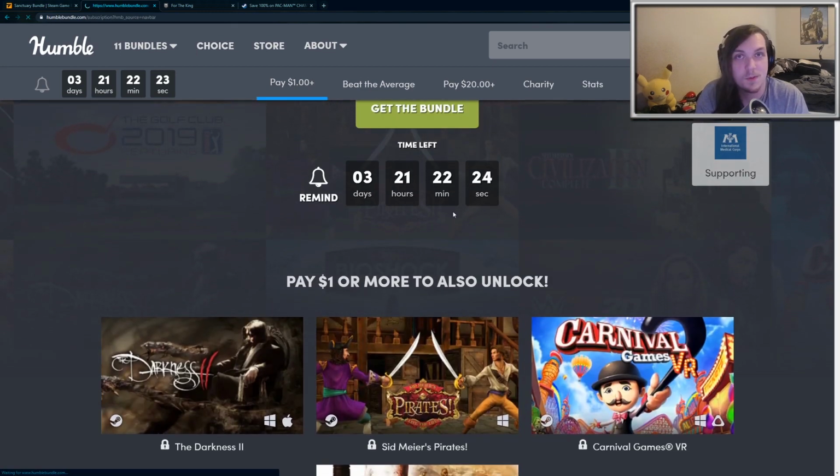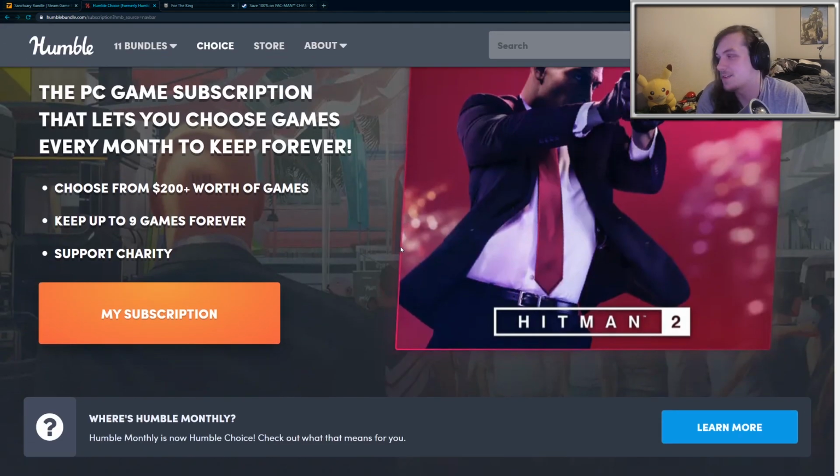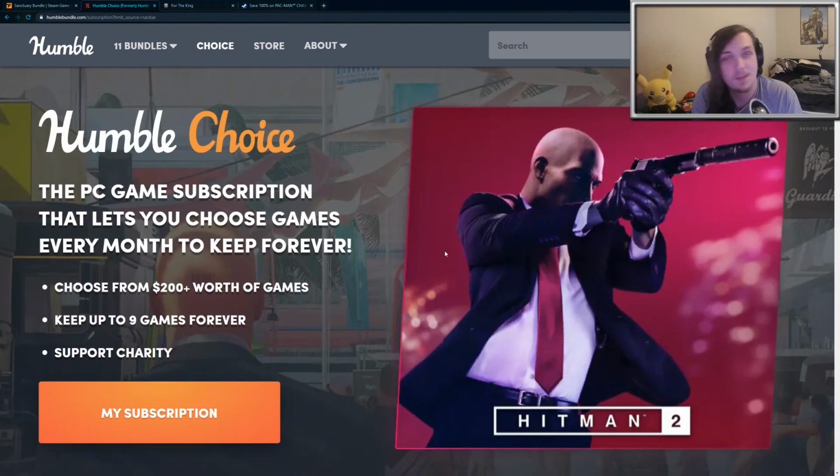And then we have the Humble Choice, and of course there's going to be a new Humble Choice in a week or two, the first Friday of next month. But this month's Humble Choice comes with Hitman 2, so if you want to subscribe and pick up Hitman 2 along with some other